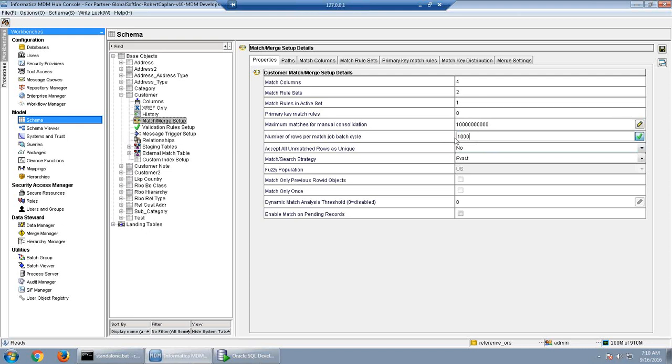We don't know. So for that, usually in the development environment, we will load sample data and run the match job. We'll see how much time it is taking. When we feel the match job is taking too much time, in the meantime we will also be checking with the DB persons about the status of the database.